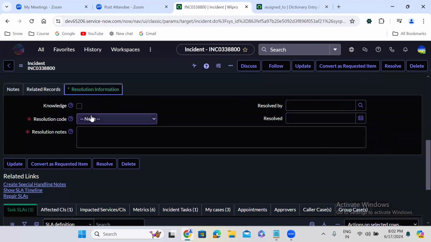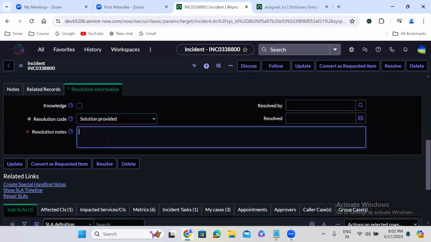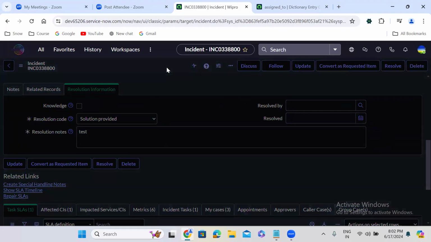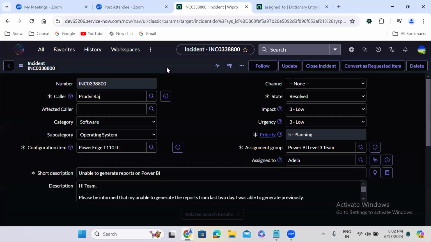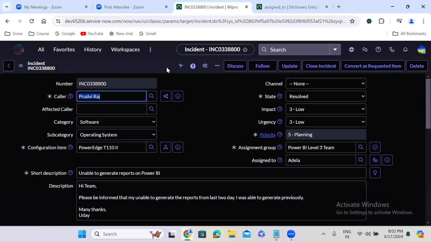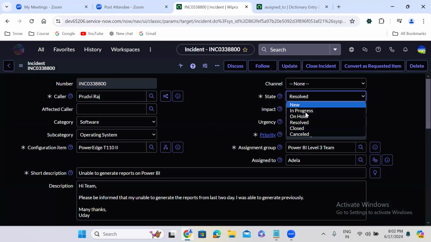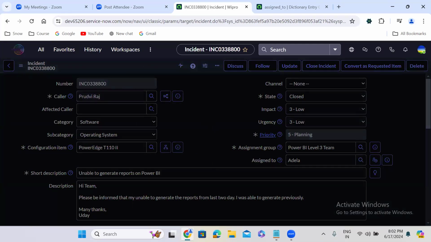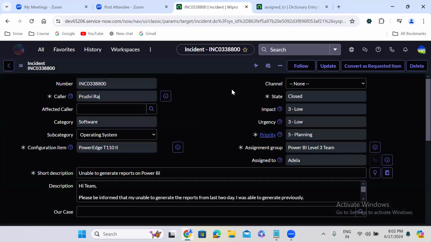Then he will ask Prithvi to cross check. Prithvi will tell that, okay, checked from my end, for now it is working fine. And after a certain period of time, the issue is happening again, is what he will tell. Then there will be a discussion. Okay, you can observe for now. If the issue is repeated, we'll take care. Then the third time also he'll close it. After confirmation from Prithvi, the ticket will be closed.